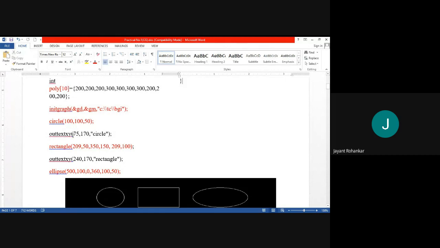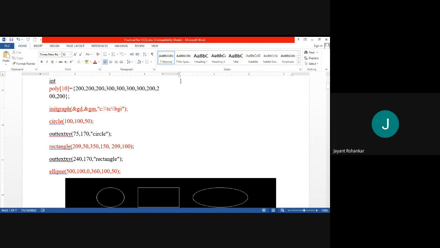The outtextxy function is used with 75, 170 and the text circle. So this is all about the circle drawing function. The circle will be drawn on the screen with some color.